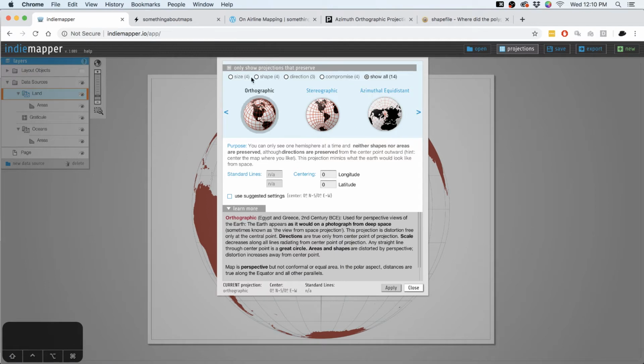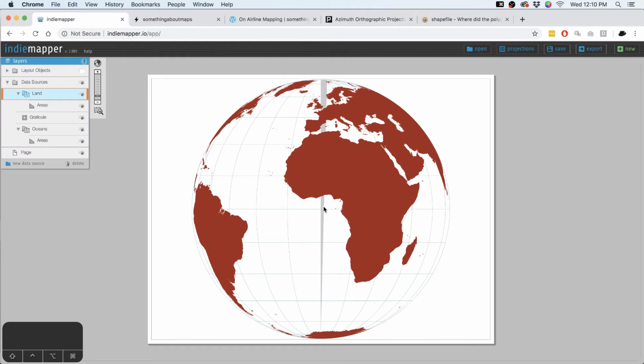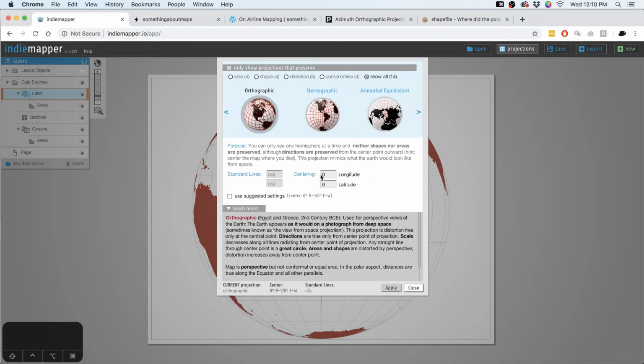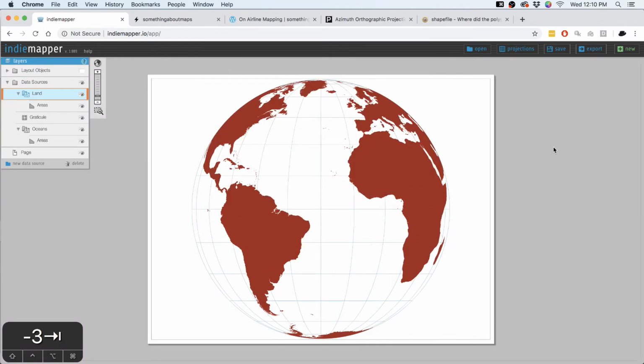From here, this is kind of a little bit of trial and error in finding where you want to center your projection. Because right now we're at 0, 0, latitude, longitude. And indeed, right here in the middle of the graticule, that's the middle of my globe. And as I move my standard point west, for example, to 30 degrees, that's the equivalent of sort of rotating the entire globe, and Africa is going to get farther and farther to the right. So if I go negative 30 degrees longitude, and there we go, Africa is rotated right.